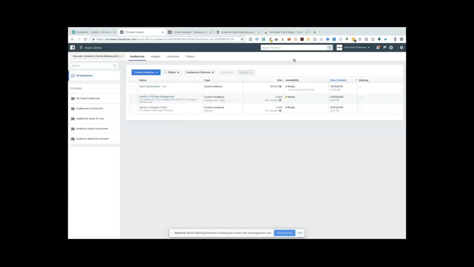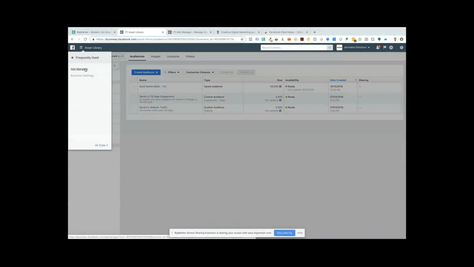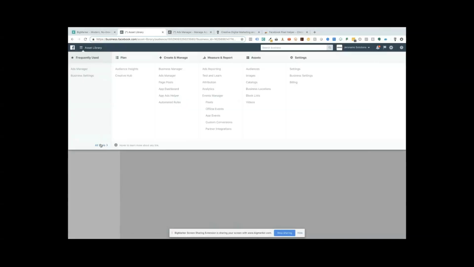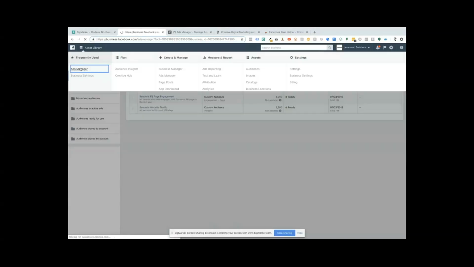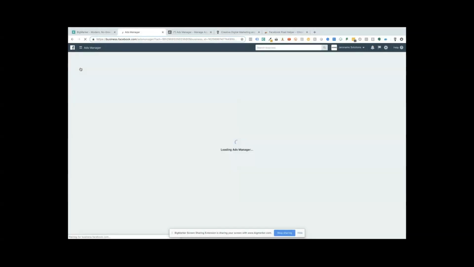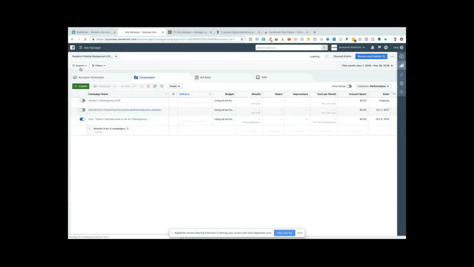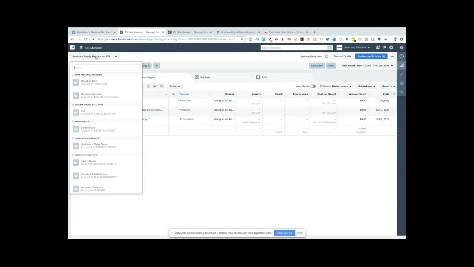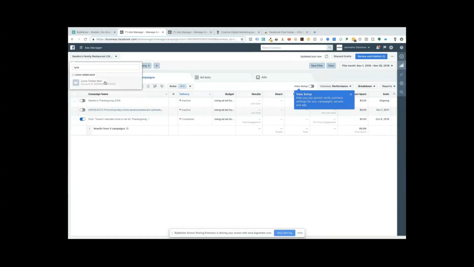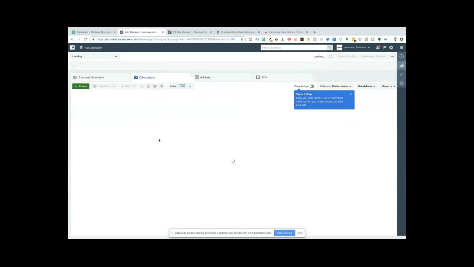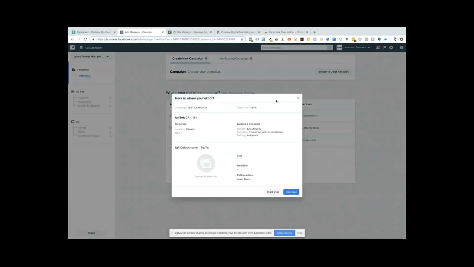Okay, so when you are in your business manager and you want to create an ad, you would come here. Usually Ads Manager is one of the first listed under frequently used. So when you click over to the Ads Manager, I'm just going to use Lions because we have a lot of audiences set up for them. So when you come in here to create, you'll choose